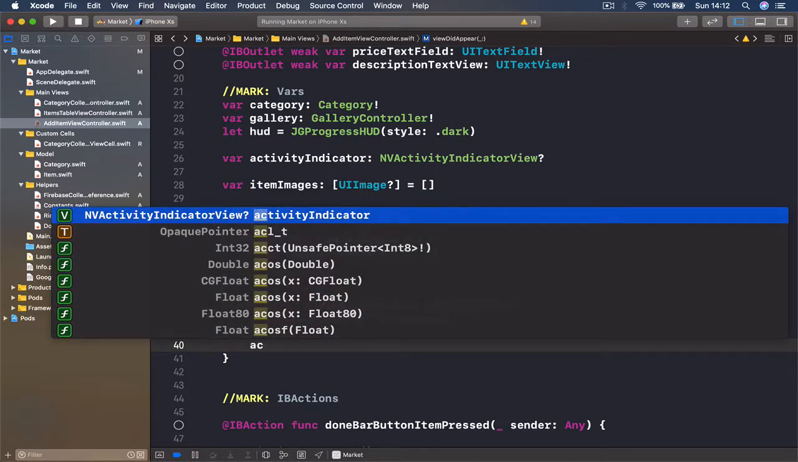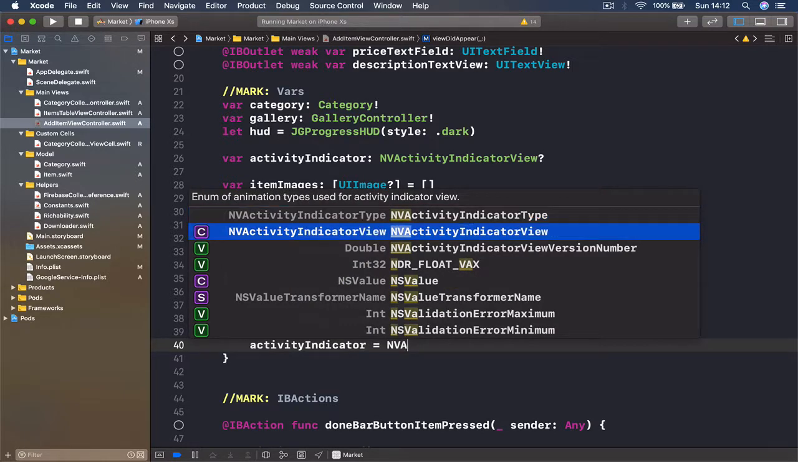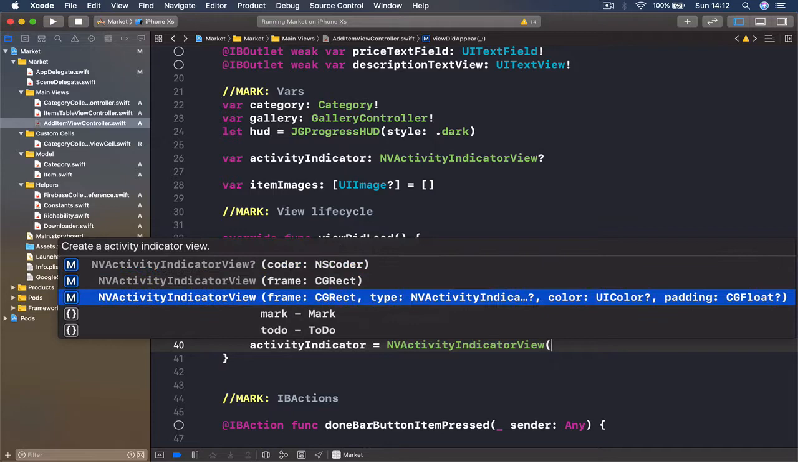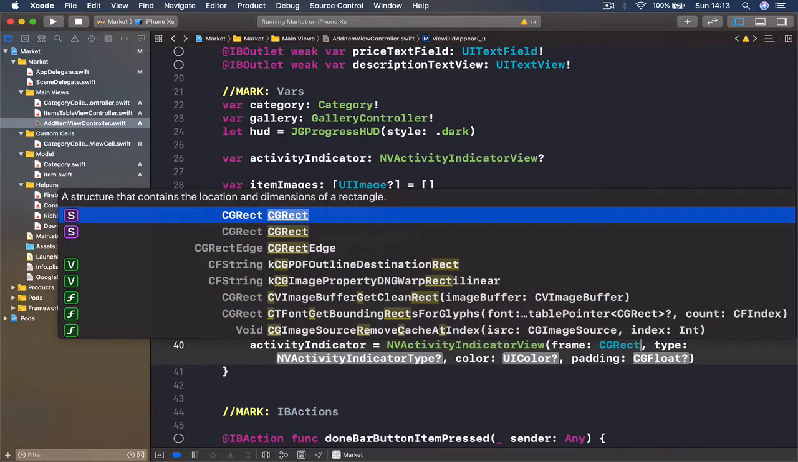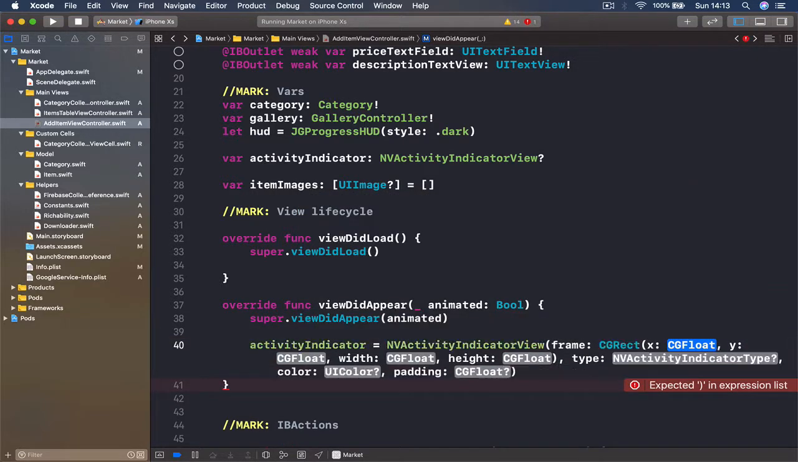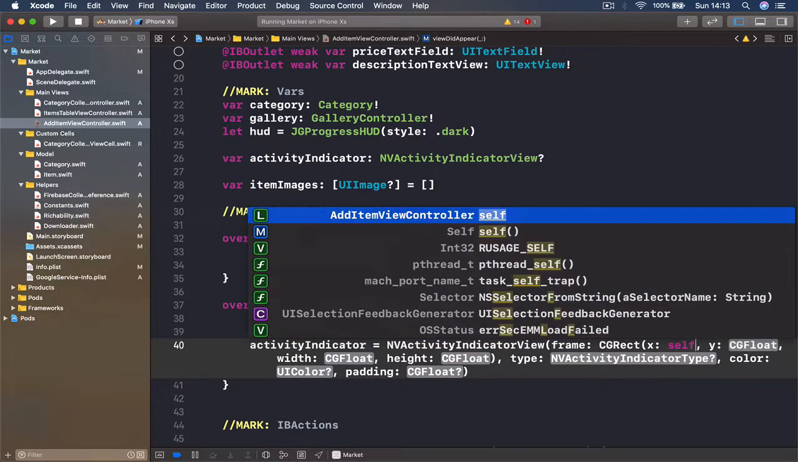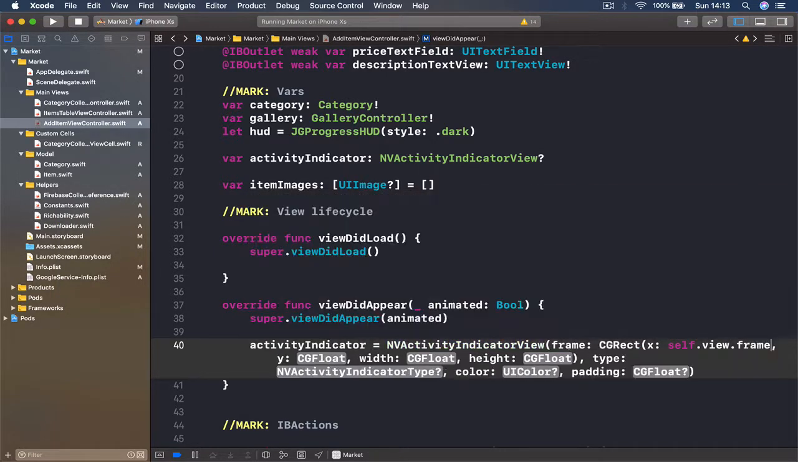We're going to say activityIndicator is equal to NVActivityIndicatorView. We are going to instantiate with frame, type, color, and padding. So for the frame, we are going to create a frame so that our activity indicator is in the middle of our screen. So we create a CGRect, and we're going to use x, y, width, and height. So the x is going to be our self.view.frame.width